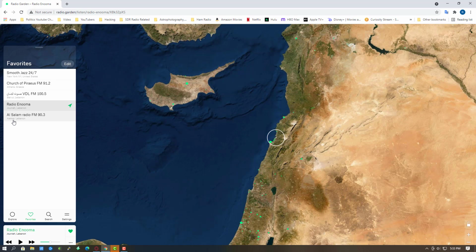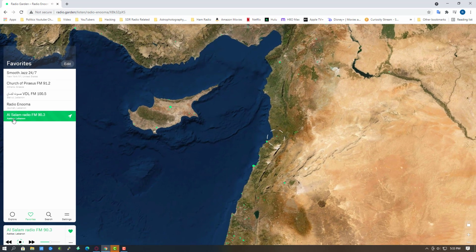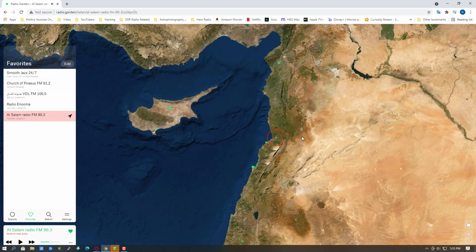Yeah, so there's that one. Here's another one in Akkar, Lebanon. Let's see what's going on there. All right, see how it's got that red ring around it? For some reason, that radio station's offline. It was online earlier today because I added this today after listening to it. So it could be it's a part-time station or it shuts down at a certain time of day. It's hard to tell what's going on over there without being there and seeing what the problem is.